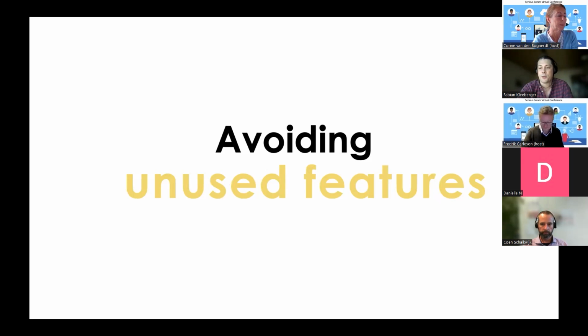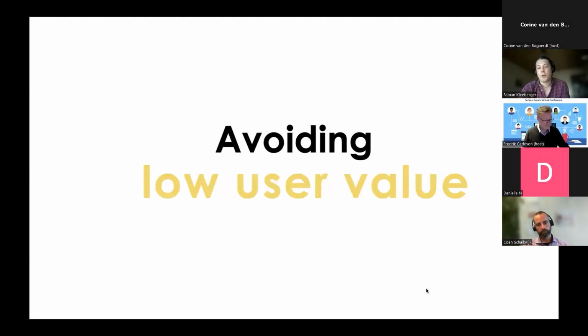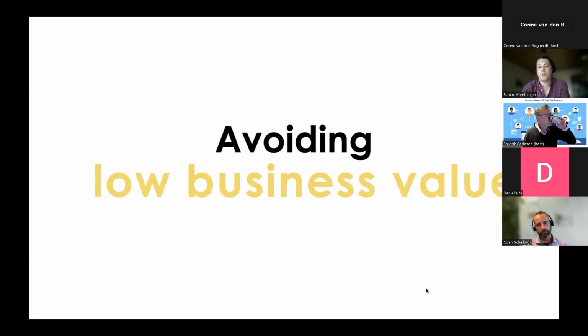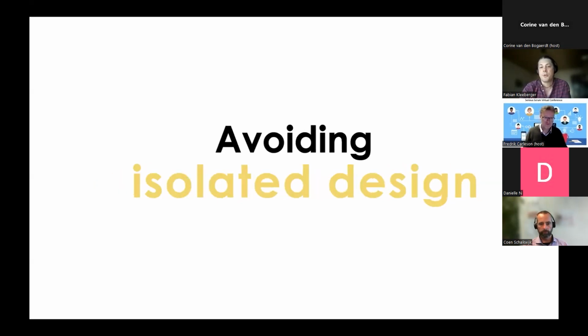a while, and it always causes problems in organizations. And when I prepared this talk, I thought, why are we even using Agile in general? I'm not going to go into the depths of the Agile Manifesto or the Scrum Guide, but basically what's important for us is we want to avoid unused features, low user value, low business value. And if you think about it, that also means we want to avoid seeing design as an isolated task,